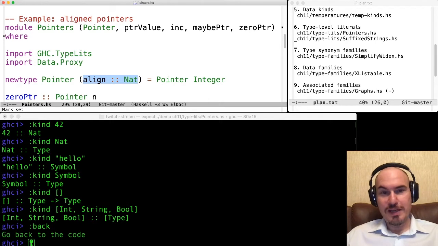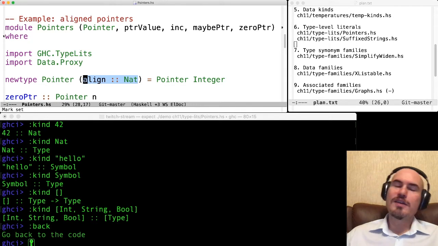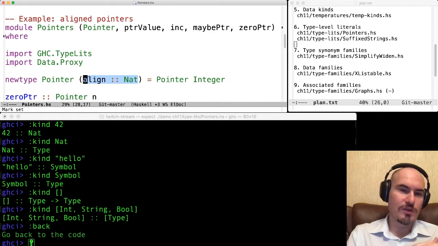And with these phantom types, I can specify alignment for this pointer. And alignment will be a natural number. So I want to encode this value of alignment. You may know that in memory, pointers can be aligned over every 4 bytes, every 8 bytes, every 32 bytes, etc., depending on the architecture we use, and so on and so forth.